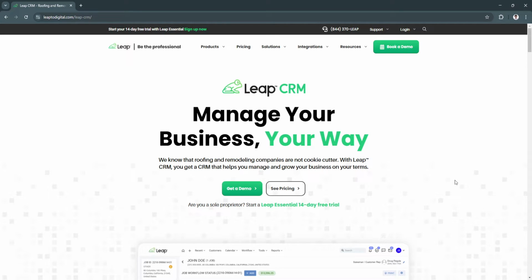Customer relationship management is at the heart of any successful business, especially in today's digital first world. Leap CRM is a next generation platform tailored to help businesses build meaningful relationships with their customers, manage leads effectively, and streamline operations. Whether you're a solo entrepreneur or a part of a larger organization, Leap CRM simplifies complex workflows